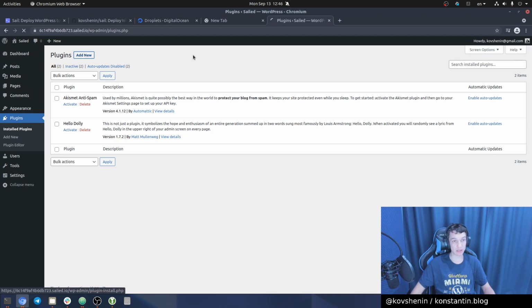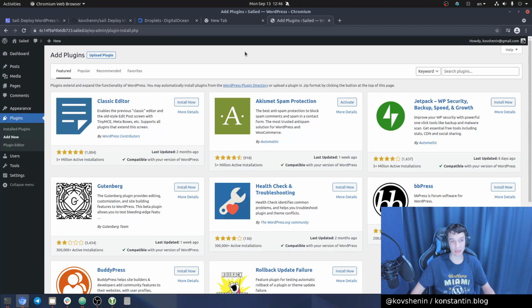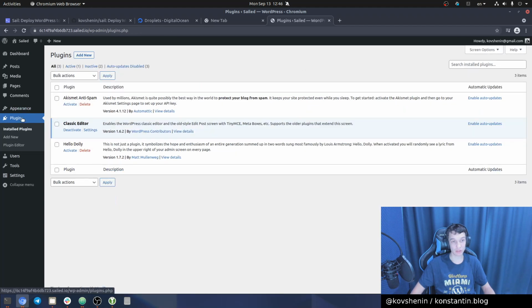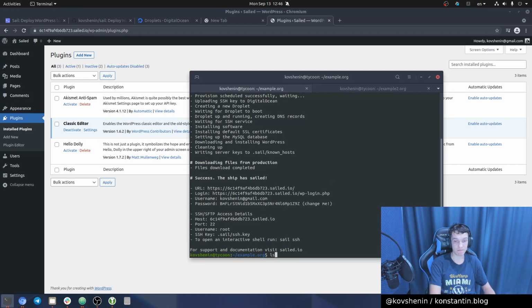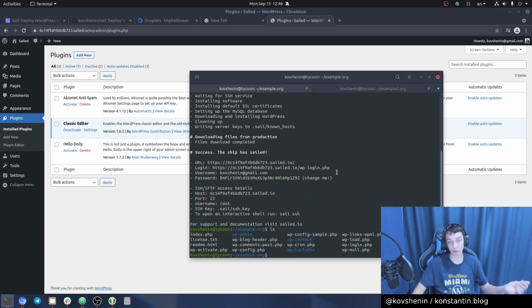But right now, let's install a plugin. Let's say Classic Editor, one of my favorites. It's been installed. You can activate it. So now we have a plugin here. But in our Sail directory, we've pulled down the files earlier during init. It just pulled down the WordPress core files. But if you go to WP content,